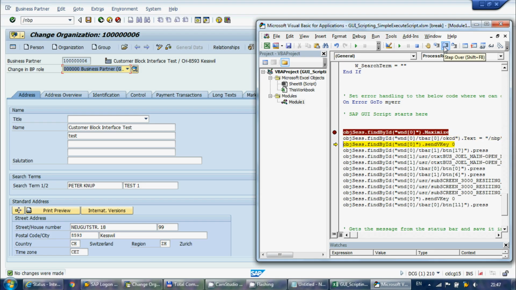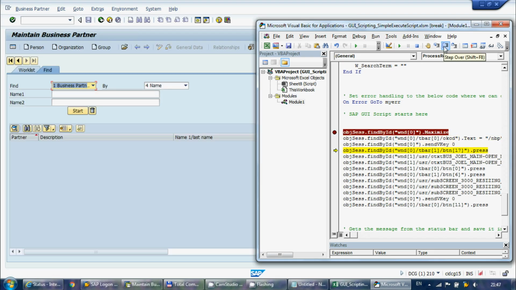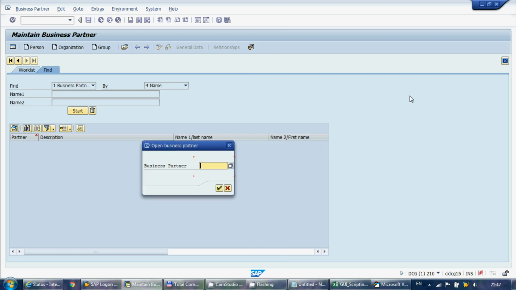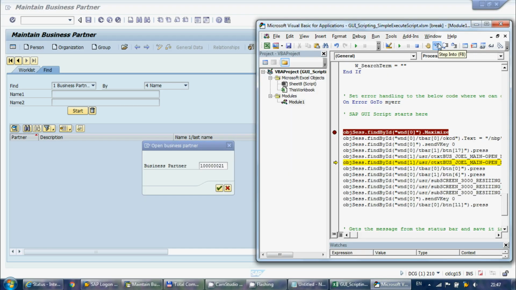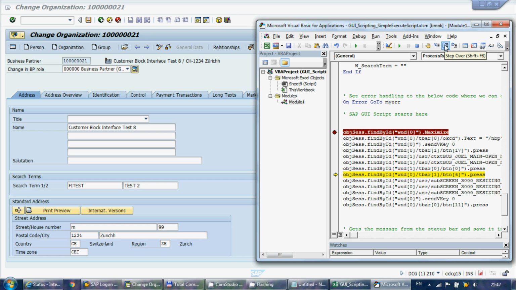So maximize, no change, entering the business partner, clicking OK, bringing up the open window, putting the new number in, execute, and you can probably immediately see what the problem is now. So the BP transaction remembers whether you were in edit or display mode within the BP transaction. So what happens now is this piece of code is now going to put the business partner back to display mode. And then obviously now it will fail to override the search term 2 because the field is no longer